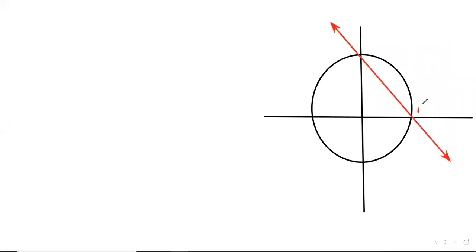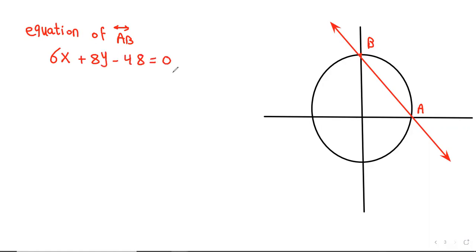This point is A and this point is B. Okay, the equation of the straight line AB is 6x plus 8y minus 48 equals 0. Find the equation of the circle